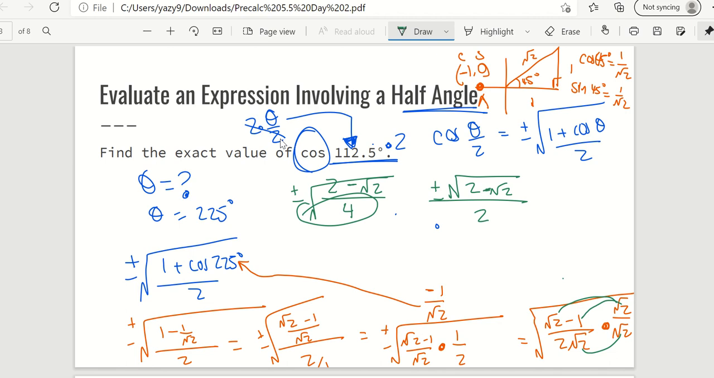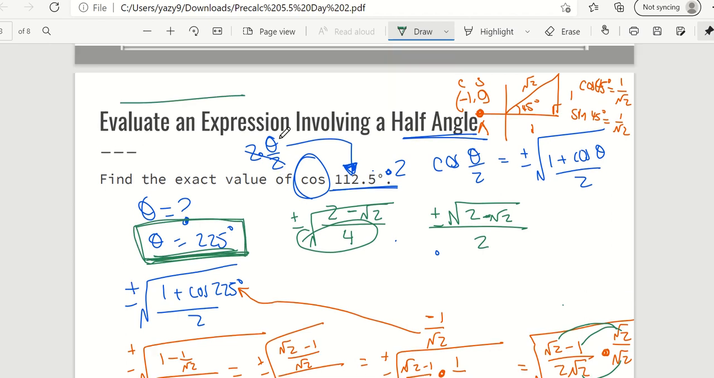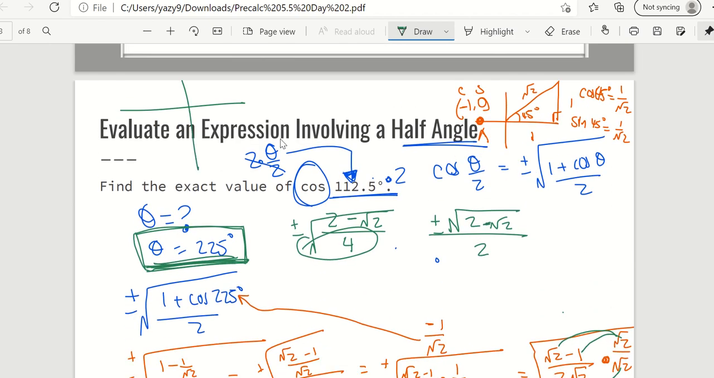Now there's one thing to think about here, and that is that the original angle, where did it lie? Because we have two answers here. We have plus and minus, but we need to think about where did this original angle lie. That original angle lies over here. We have 180 plus 45. It lies right here, right? That's 225. So 225 degrees right here